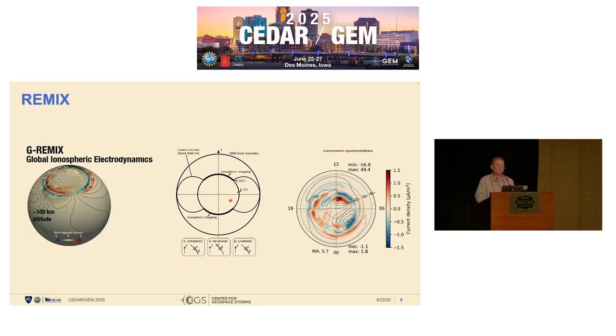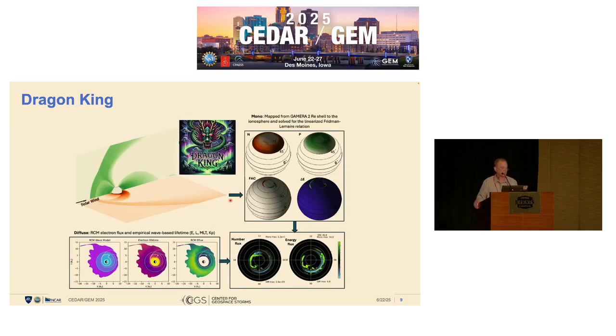One of the key things that you need to be able to do to solve the high latitude electrodynamic equation is to know what the conductivity is in that region. And Donglin and Shenshen Bao have been doing a lot of really great work on the development of what we're calling the Dragon Kig model, which is trying to take that information that we have from models like Raiju or the RCM about where the plasmasphere is, where the different energy populations of the plasma are in the inner magnetosphere,